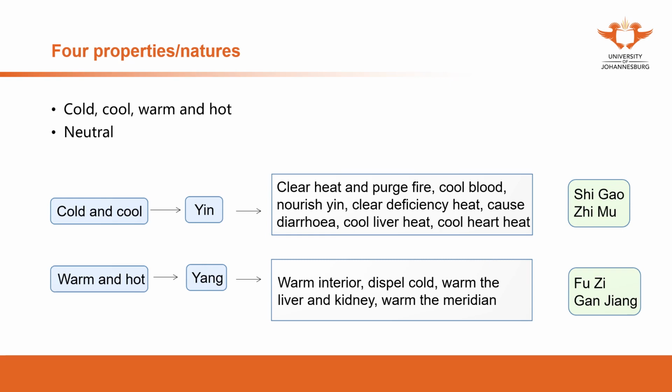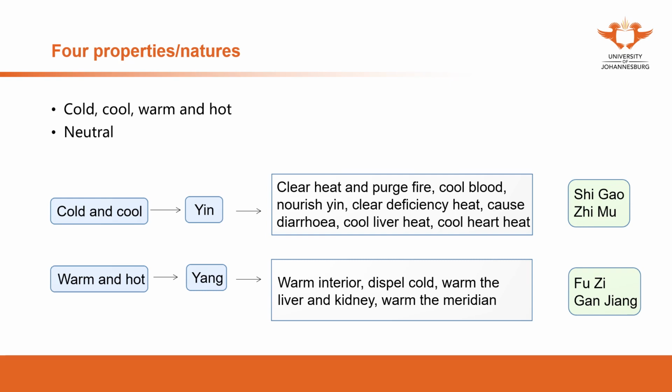Previously, we have mentioned that there's one herb called Huangbai. Huangbai can be used to clear the heat, to dry the dampness, and can be used for jaundice and diarrhea due to heat and dampness. But the question is, why does the Huangbai have this function? The reason is because the Huangbai has the characteristic of cold. So Huangbai is a kind of cold herb. A cold herb can clear the heat.